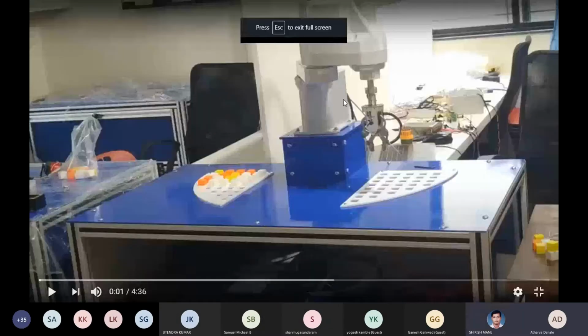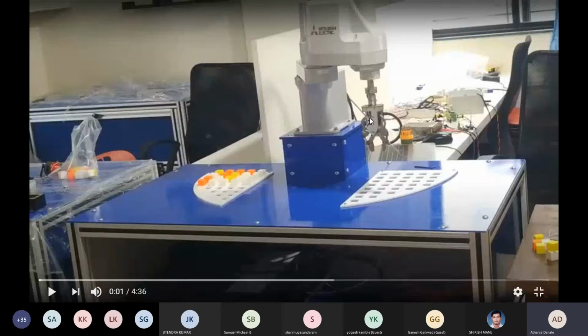The SCARA robot is showing on the screen. I'll start playing the video. So this is the robot. You can see on the top of the robot there is a branding of Mitsubishi Electric. We also attached the end effector, that is a gripper, which was designed by SVR Infotech, and the gripper did not come with the robot by Mitsubishi.